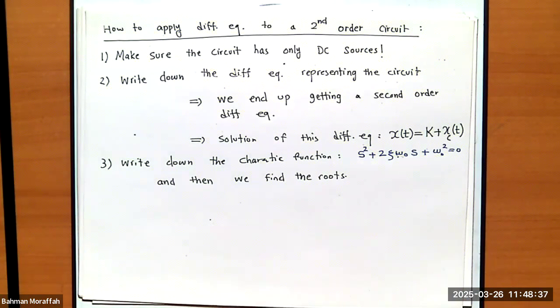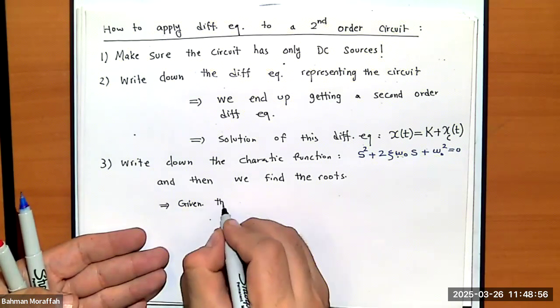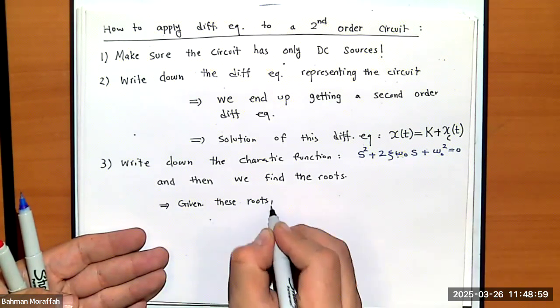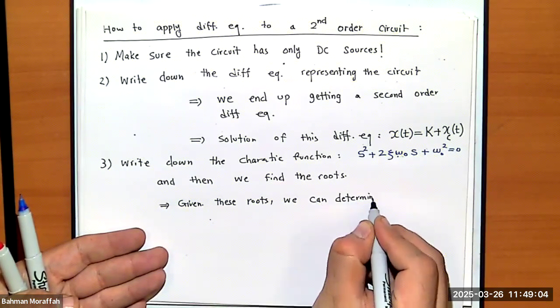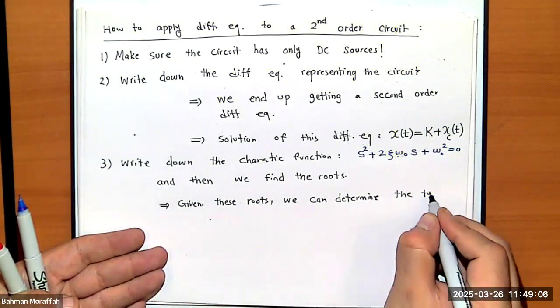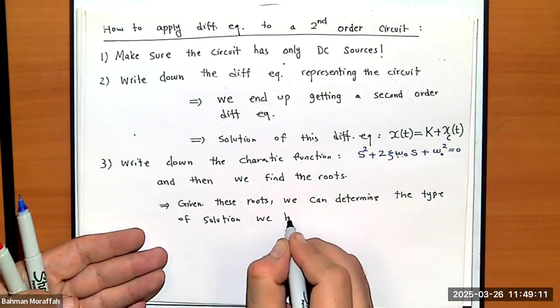Given these roots, we know exactly what type of solution we have. If they both are real, we have case 1. If they're exactly the same, we have case 2. And if they're complex, we have case 3, which means we have a sinusoidal solution. So given these roots, we can determine the type of solution we have,